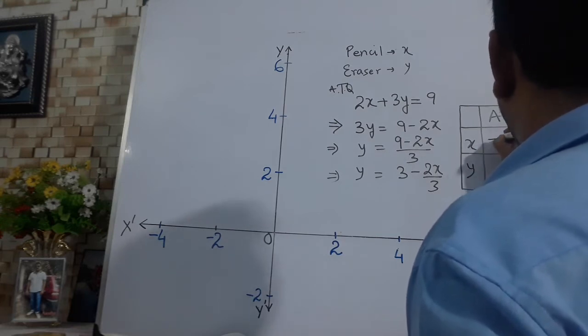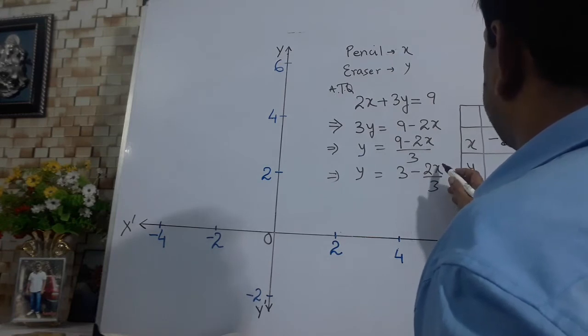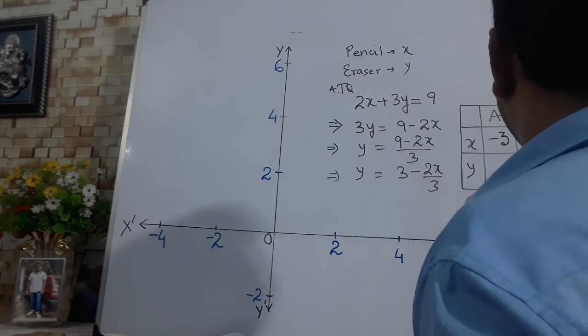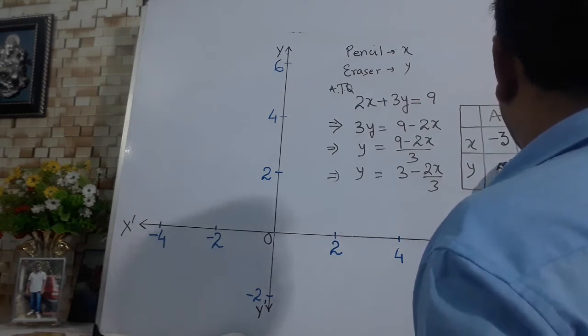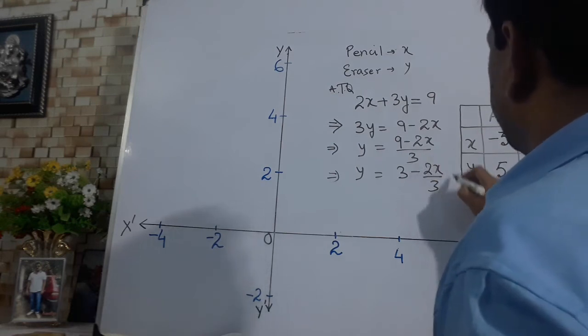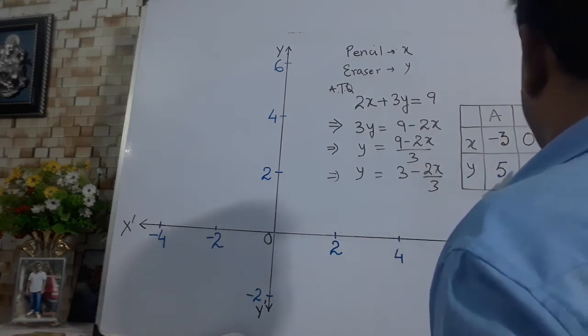So if x is minus 3, then 3 and 3 will be cancelled, minus 1, minus 2 into minus 1 is plus 2, 3 plus 2 is 5. If x is 0, then the whole thing will become 0, 3 minus 0 is 3. And if x is